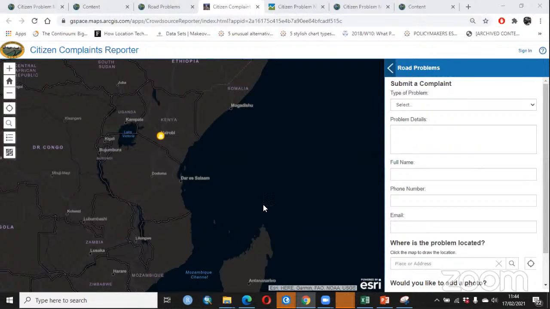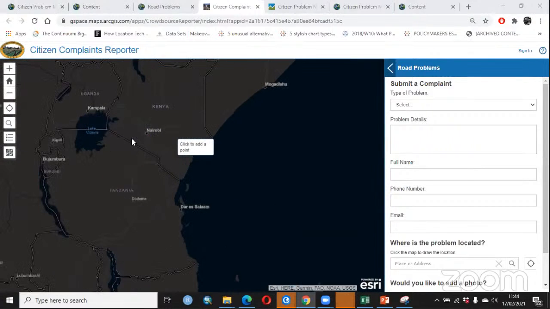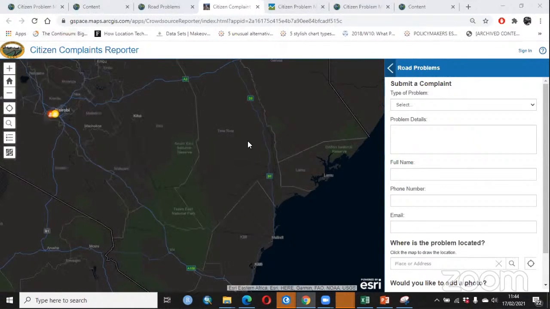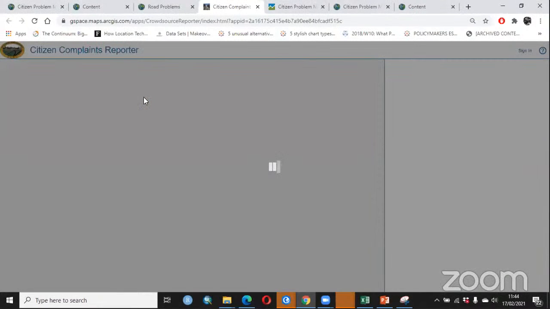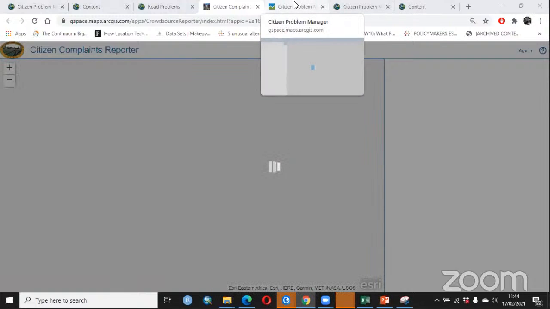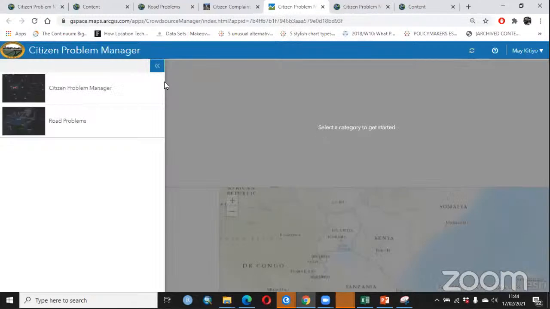Someone has said it's asking for ArcGIS login. Have you tried to proceed as guest? Let me refresh this. So click on proceed as guest, and then let me know. Go with the first option, proceed as guest, so that it doesn't ask you for a login. Just try that for those, and then someone else can try using Twitter for those who've logged into their Twitter. And meanwhile, as you're doing that, I'll show one more bit of it,